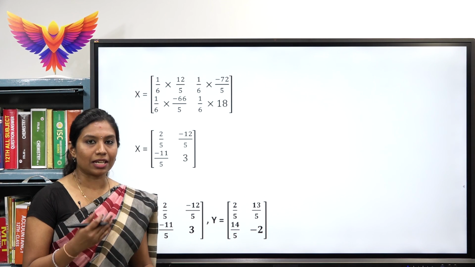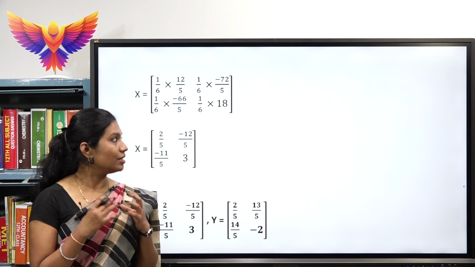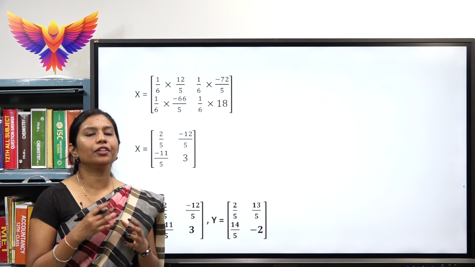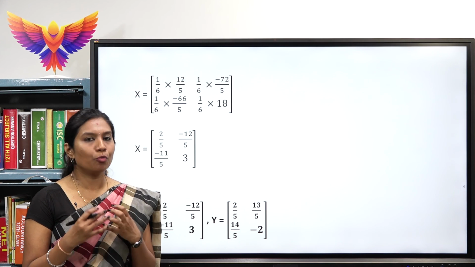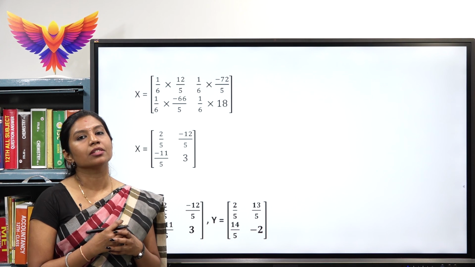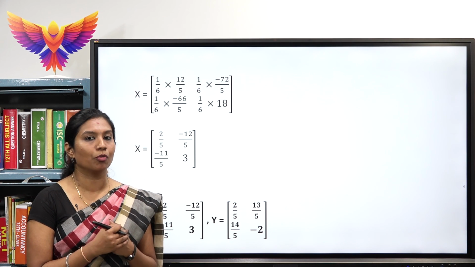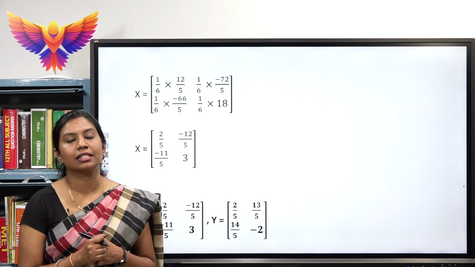So, in the next class, we are going to see the same kind of equation and further we are going to see the problems based on this again. We have a few more problems which are left out in the same exercise. We will continue with the same problems in the next class.